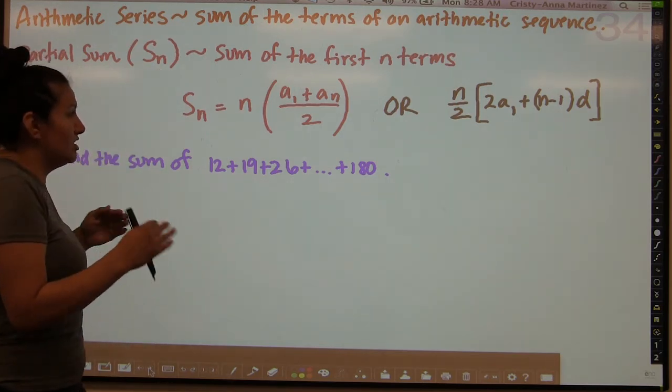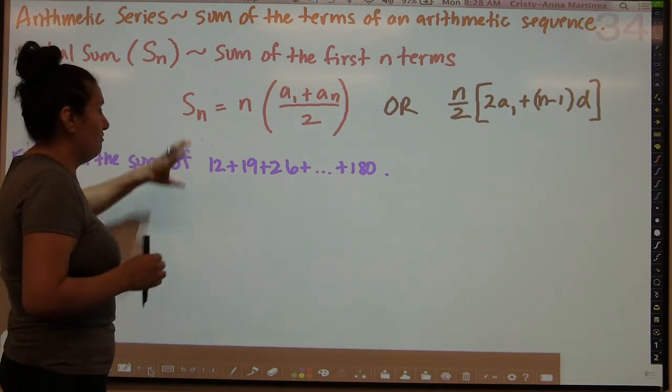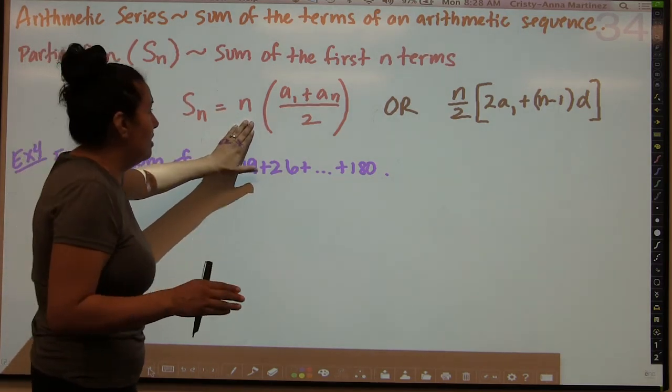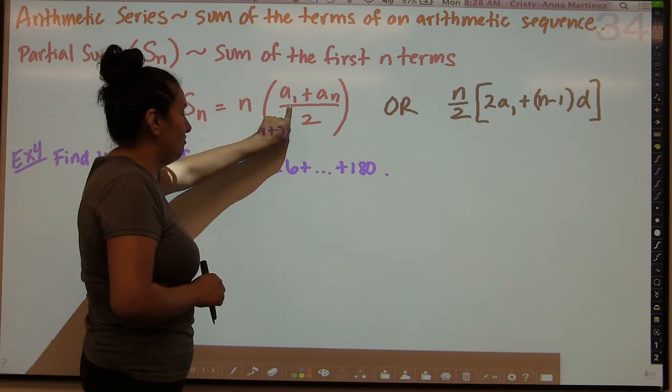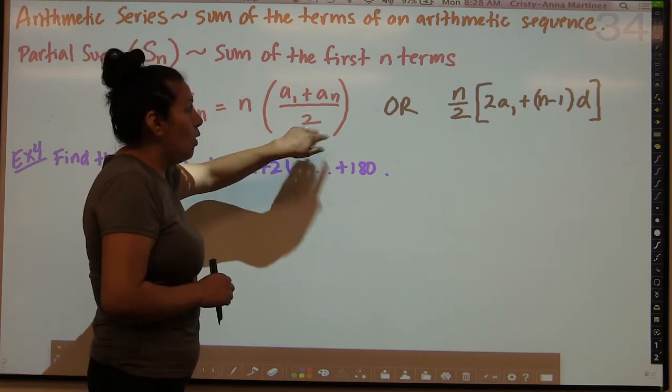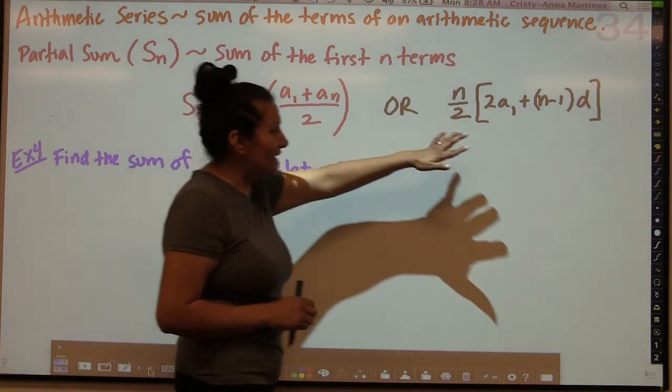We have two versions of the formula here. I actually prefer the first one. S sub n equals n, we know that's the term number, a sub 1 is the value of the first term, a sub n is the value of the last term, and then divided by 2. Or we have this formula, and you can kind of see the